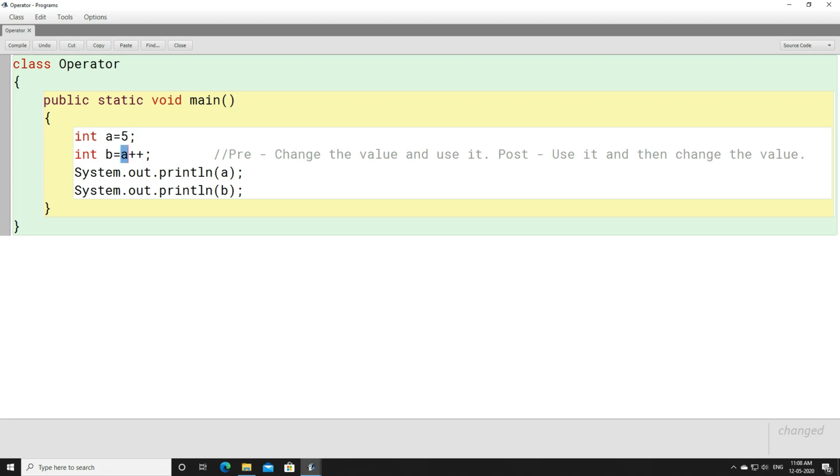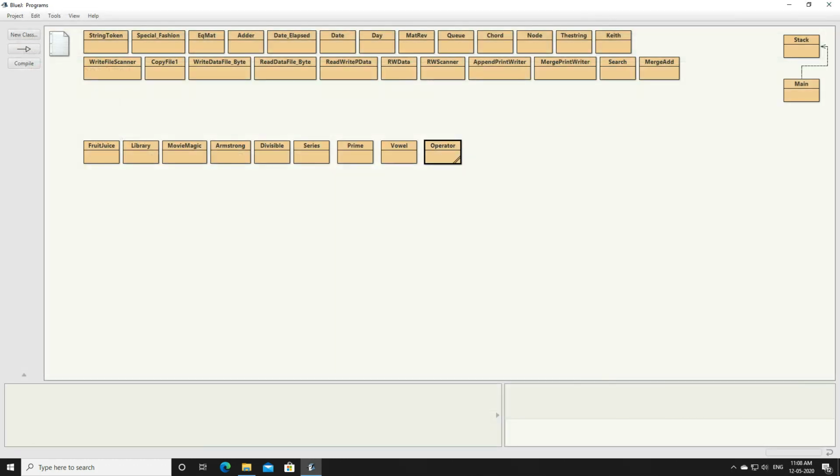Now 5 will get stored to b. So b will become 5 and then the value of a will get changed and it will become 6. Here it will give you 6 and in this case it will give you 5, right? You can see that a is giving 6 and the value of b is 5.